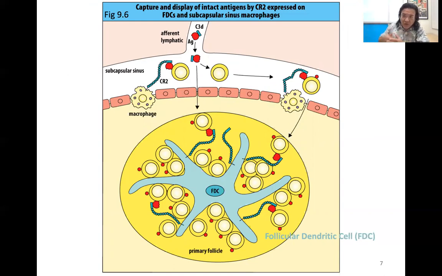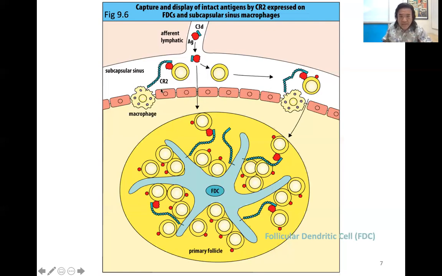You know, they're encouraged to go up there because you have these big follicular dendritic cells, the big blue thing in the middle, that's doing what dendritic cells do best, right? They are presenting all kinds of antigen, bits and pieces of things. So you can see here, antigen with little scraps of C3d attached to them are flowing in through the afferent lymphatic vessel into this lymph